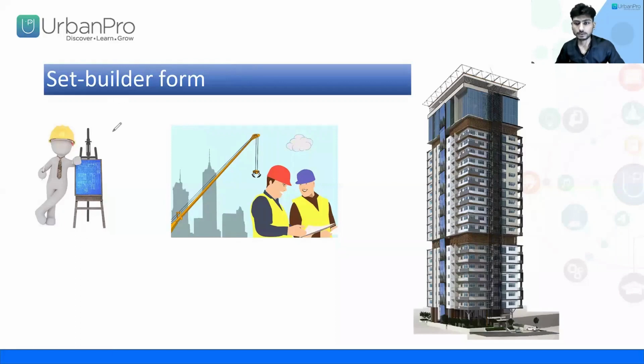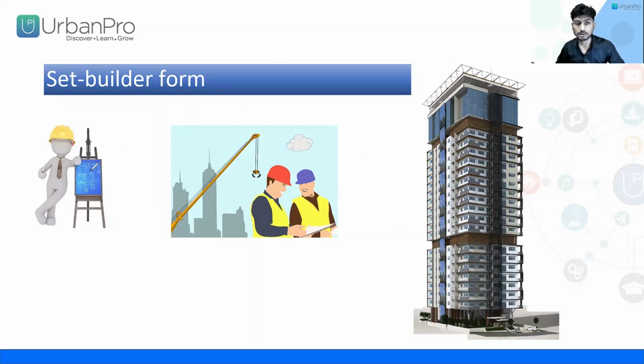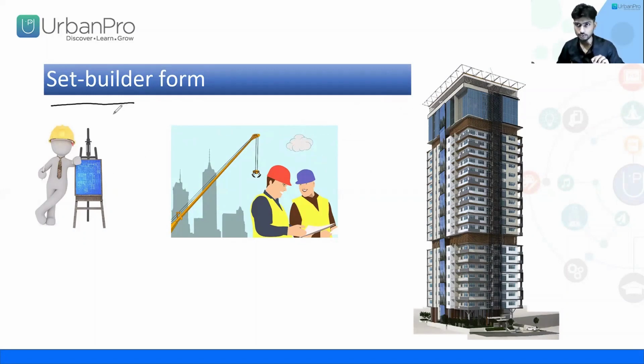See, we will understand it through an example. Like an architect has some design, or some code for how to build a building, and the code is written maybe on paper or on some charts. The code is small. The code contains 2 pages, maybe 3 pages, but the size of the building is large. So in a set builder form, you have to make a code by which you can build a whole set.